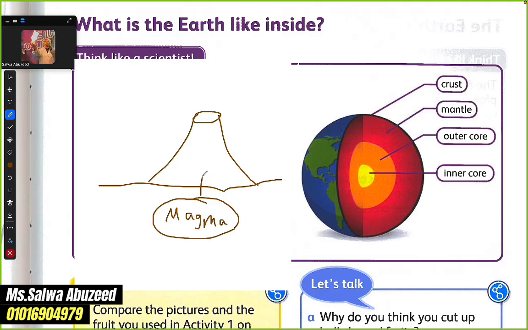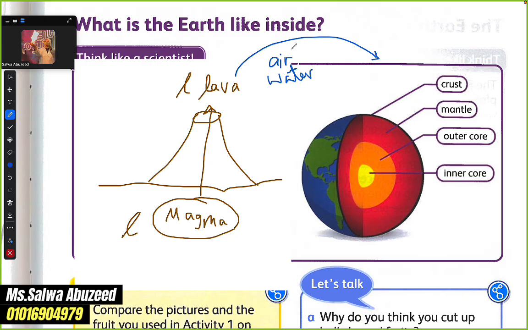If the magma comes out of a volcano, it will be called lava. Wait a moment. Did I change anything? Nope. Here it's liquid, and here it's liquid. Nothing changed. What if I put something in the air? Once the lava comes out, there is air, there is water, and there's a lot of other stuff as well, like the temperature and so on. All of these things will make something called